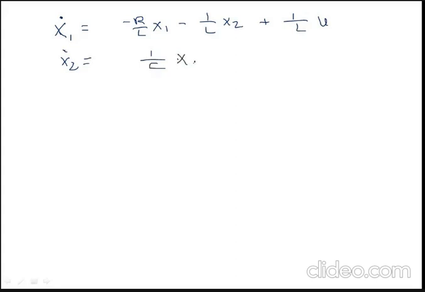You got two equations. One is x1 dot is equal to minus R by L into x1 minus 1 by L into x2 plus 1 by L into U. One more equation is x2 dot is equal to 1 by C into x1. Representing those equations in matrix form, x1 dot, x2 dot is your state model representation, equal to